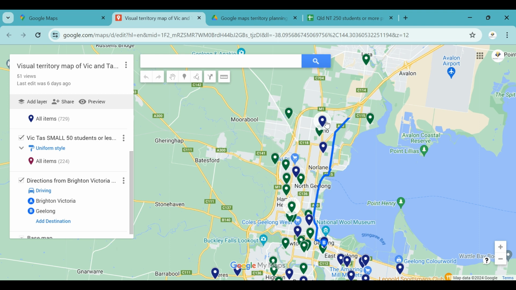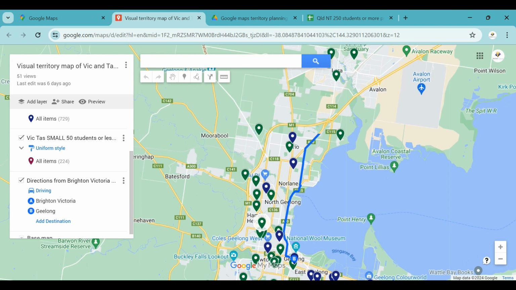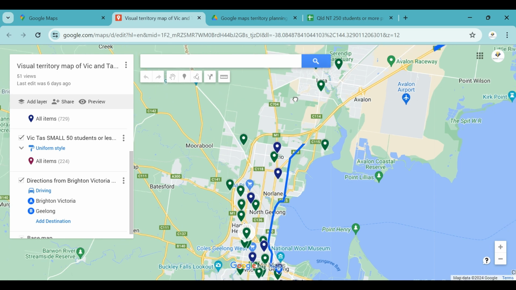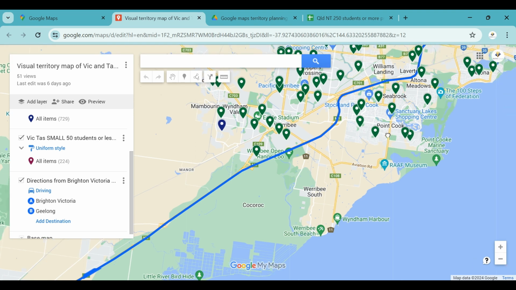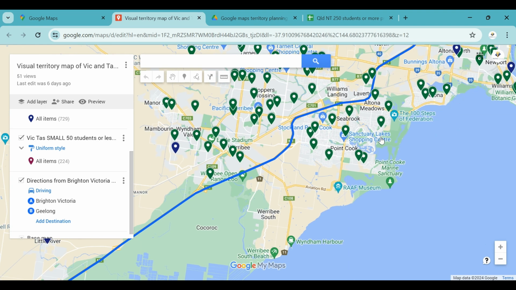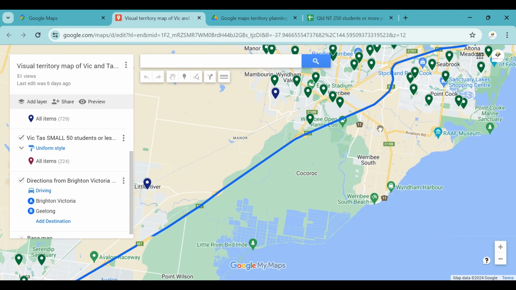The alternative for that day, if I decide that Geelong already has had a lot of attention, I may decide that I want to visit some schools on the way in this area here where there are lots of high-value schools. Hence, I would leave home in the morning, offer these schools a mid-morning, midday visit, maybe stop and have morning tea or check my emails for lunch, and then drive the remaining distance to Geelong,